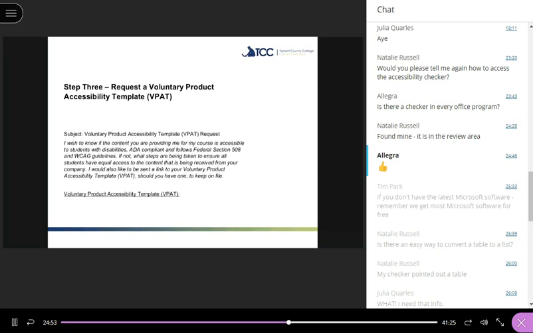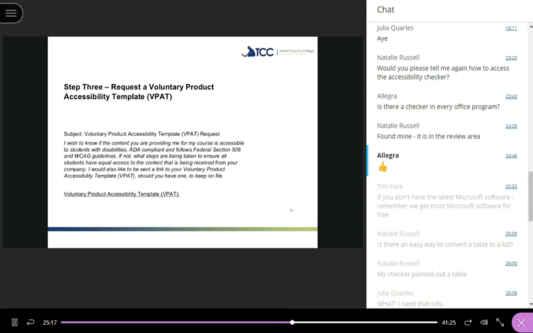So here's another thing for those of you that are using third-party items. If you're using Pearson or McGraw-Hill or any kind of materials that you're putting into your course, you really do want to put the responsibility of ADA compliance on those third parties.